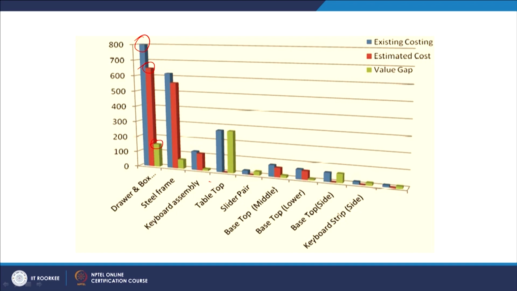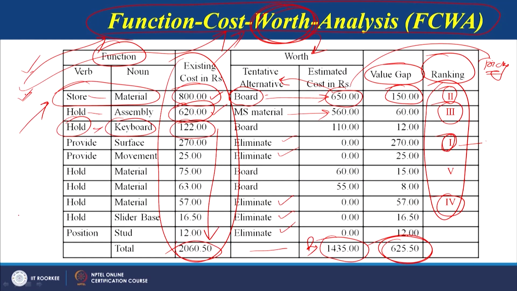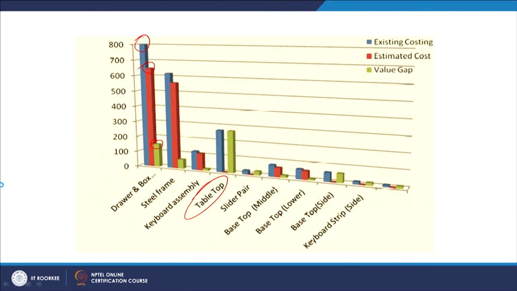So, we can see the tabletop, because in the previous slide it was a little difficult to understand, because there the functions were directly mentioned; the elements or the sub parts or the sub assemblies were not mentioned. So, now this is reflected here. Here we can see the value gap depicted in green color is maximum for the tabletop,